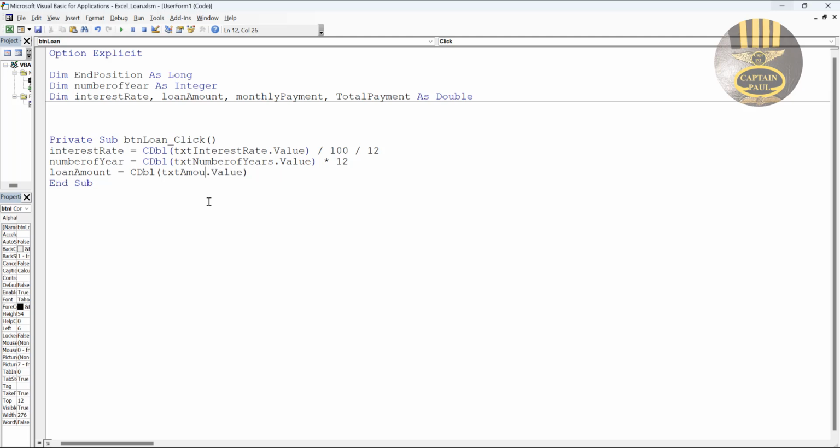Amount of loan. So it's there. Okay, that's that done. Once all of that is done, I'm going to add everything up here. Monthly payment, we want to find out the monthly payment. Paste that in there. Monthly payment, that is going to be equals